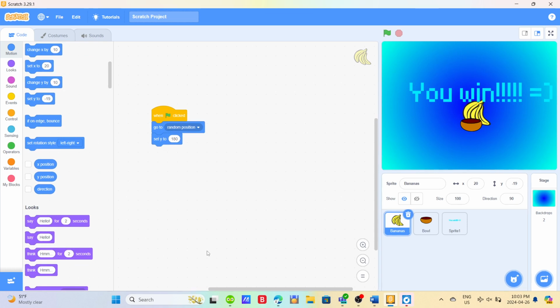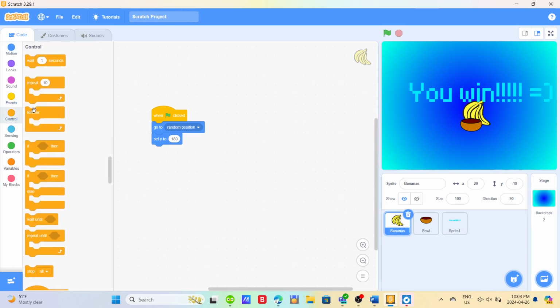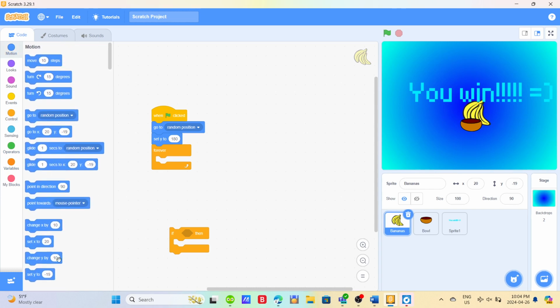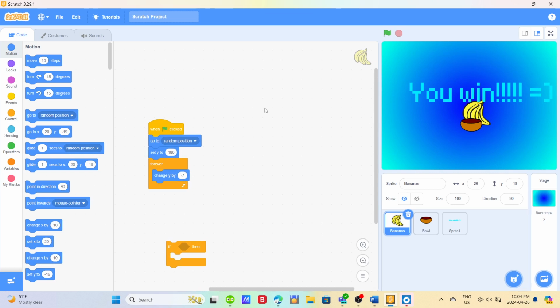Then after that, we'll drag a forever block. And then, yeah, drag a forever block, change Y by -7. Change Y by -7. And then if Y position equals -10,